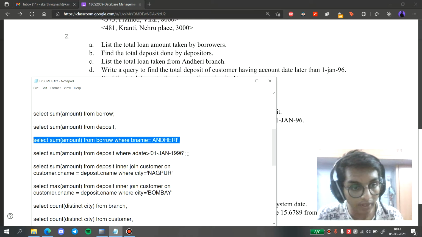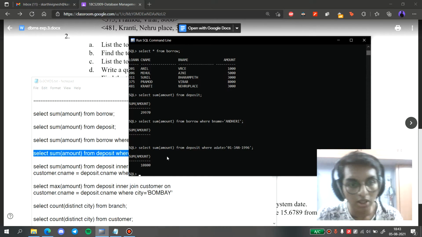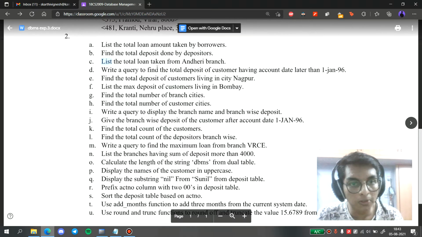So here we're going to use select sum amount from deposit where the date is greater than 1st of Jan, and the output is 10,800. That's the correct output.